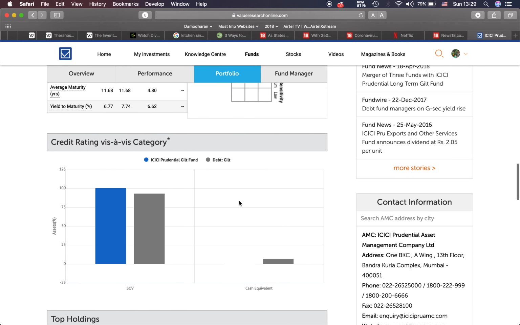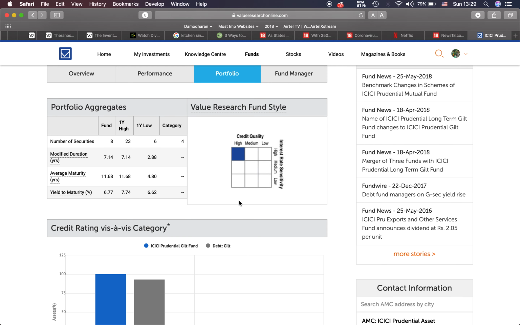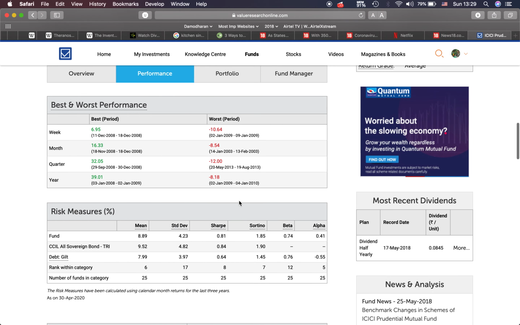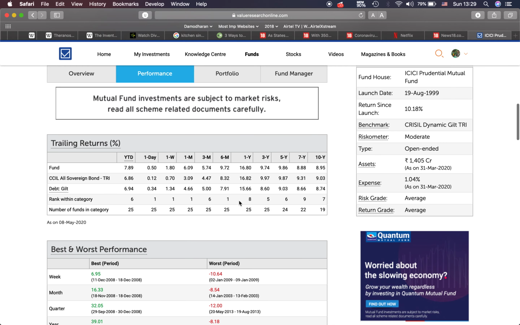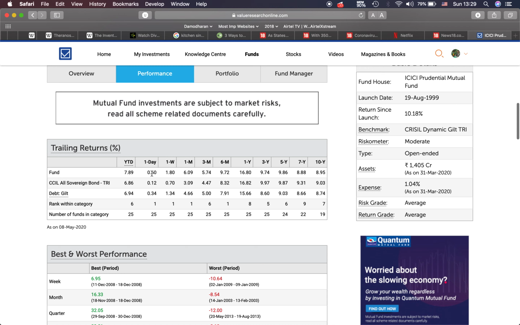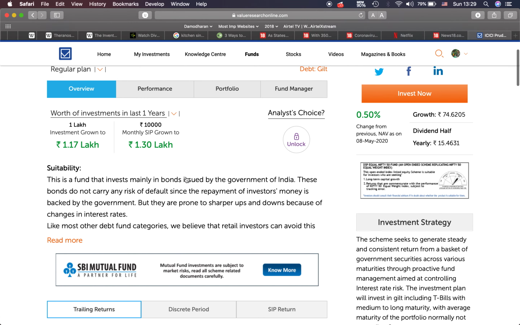So gilt funds are in the limelight right now because these are considered very safe in the current scenario when most debt funds are failing. And if you see, recently they have given very good return also, in the last 2-3 days in fact. Last just one day it gave 0.5%, 1 week it gave 1.8%, in 1 month it gave 6%. This is because as interest rates are falling, the return from this fund is increasing.